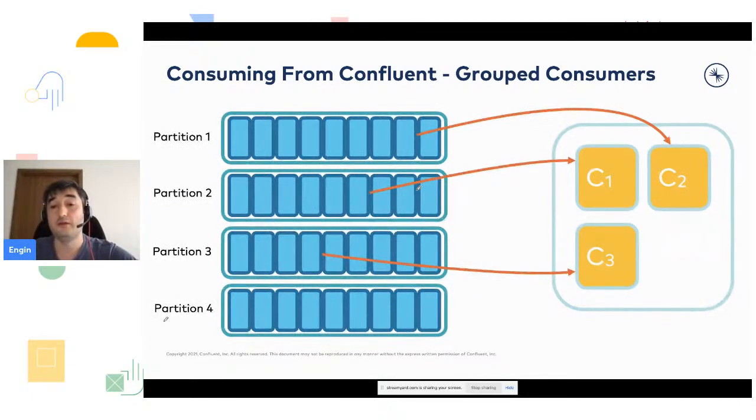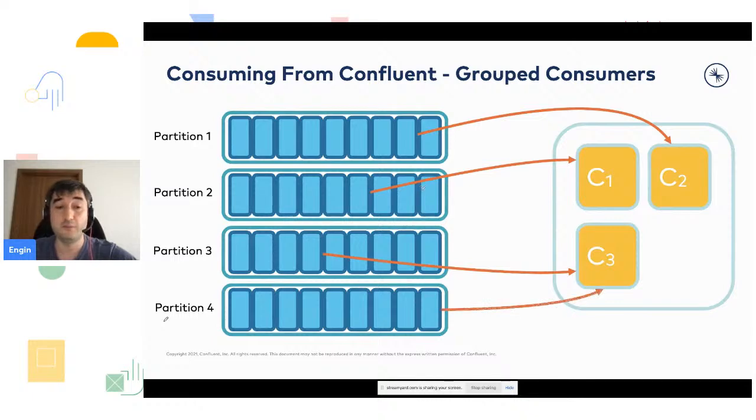And this group coordinator, if there's a failure somewhere in the consumer group or in the machines, will immediately reassign this partition 4 to C3 or maybe C1, depending on the algorithm. It happens automatically and you don't need to worry about that. And this is how you can scale your consumers up and down if you see too many lags on your broker side. So assume that you added a partition 5